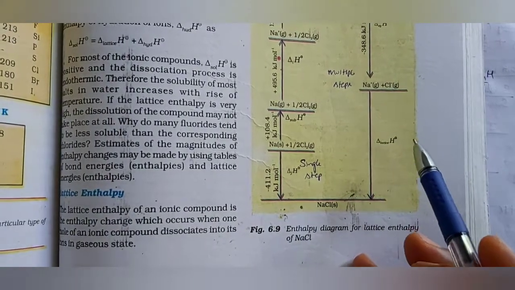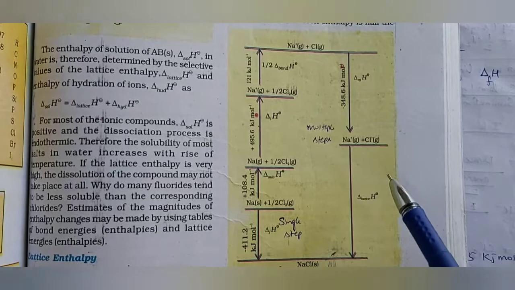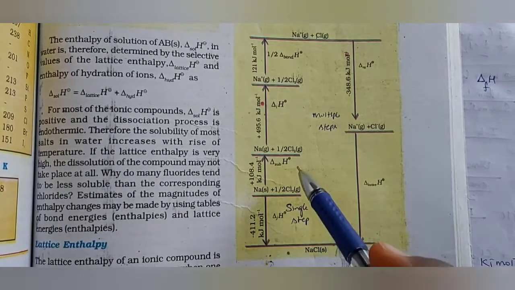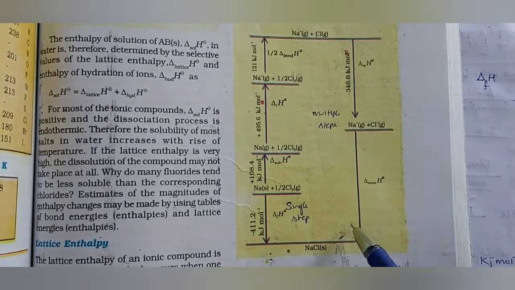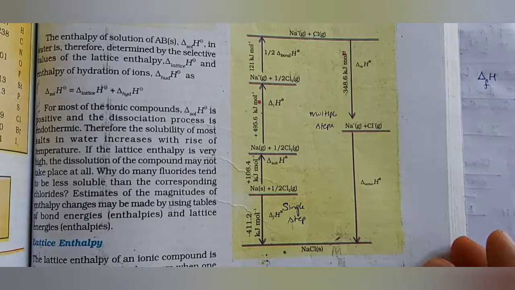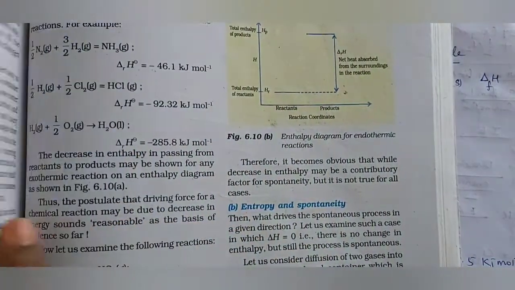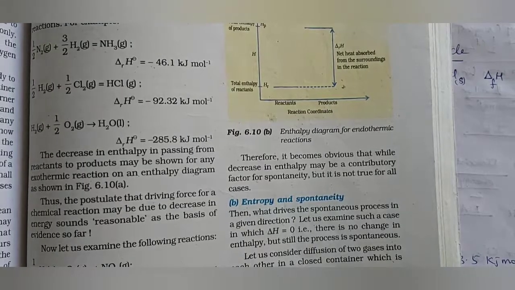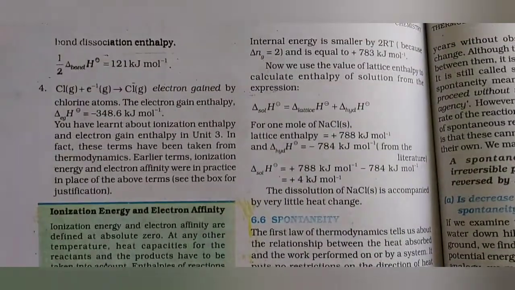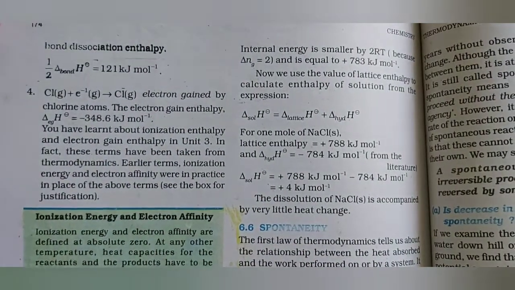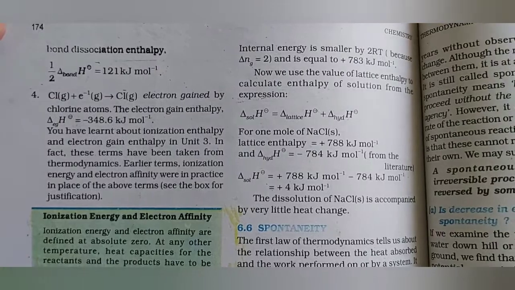In terms of enthalpy, energy wise, they gave this diagram. I think you are clear. This is a single step and these are all multiple steps. But anyway, according to Hess's law, the energy involved in a single step is equal to the energy involved in multiple steps. In terms of sentences, they gave this explanation. Once you read it, you will understand.